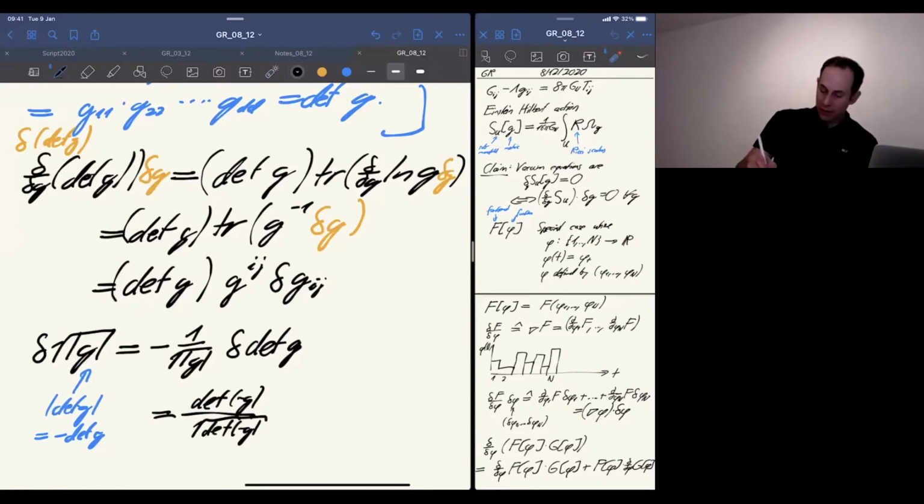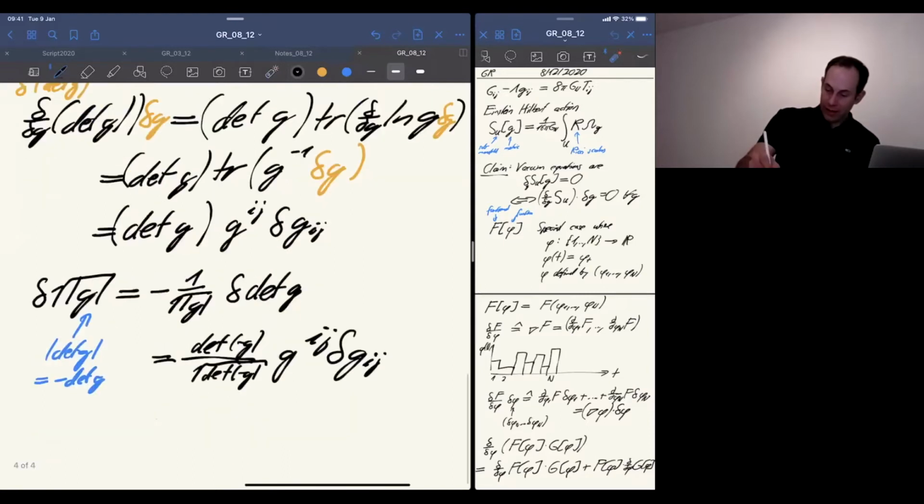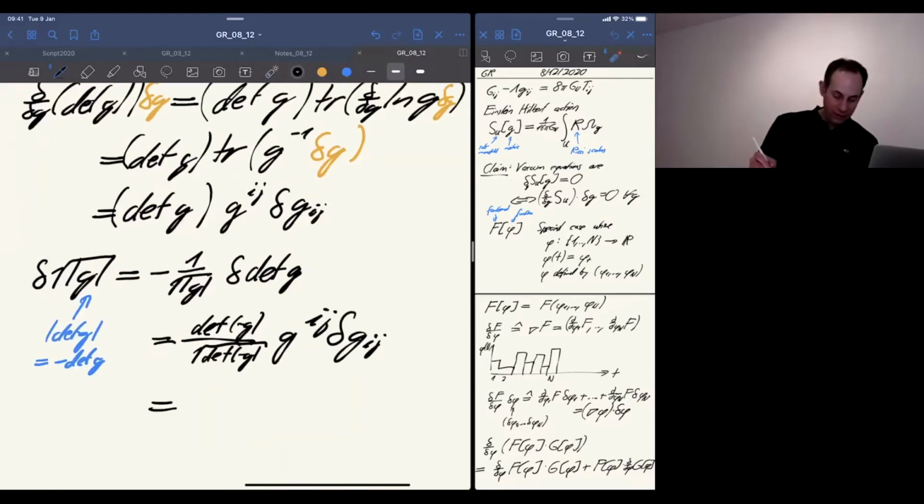And here, for this part, I already extracted this. This is what I wrote as det minus g, and absorbing the minus, I still have to put this term here, this multiplication at the end, which is just, let's just copy it, g^{ij} times delta g_{ij}. And obviously, I can simplify this prefactor. This prefactor is just, again, the square root of the determinant of minus g, which I can again write as square root of the determinant absolute value of g, and then I get this expression.